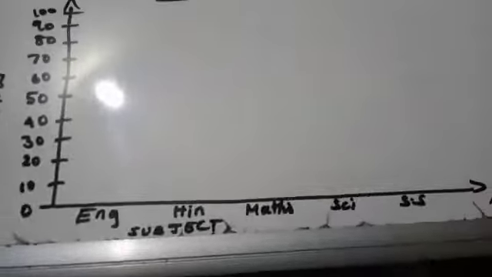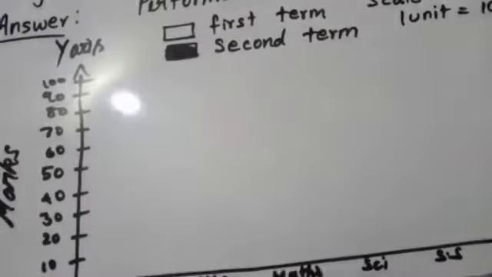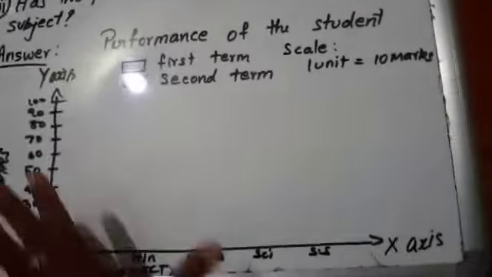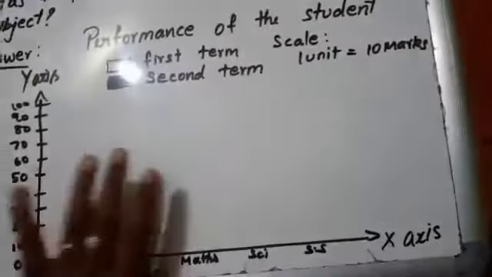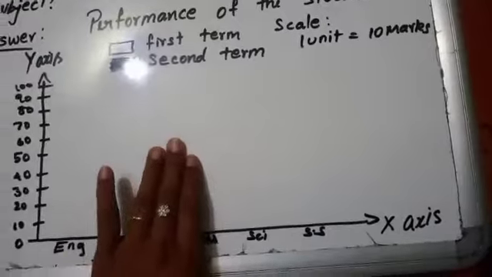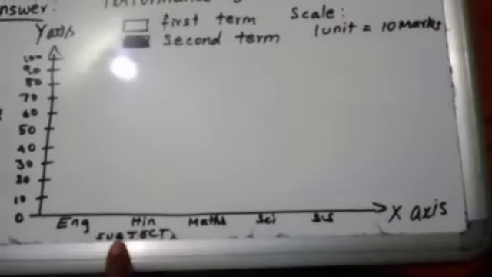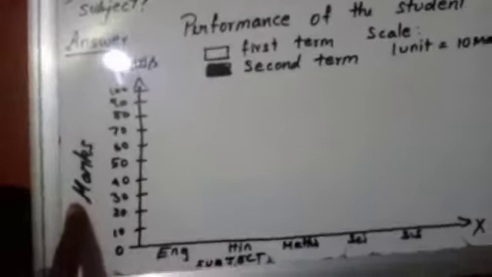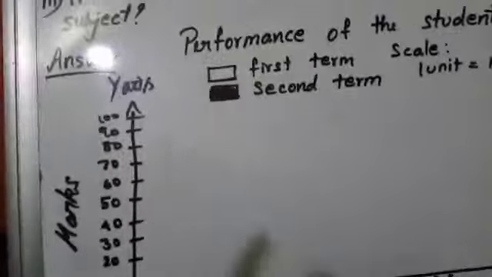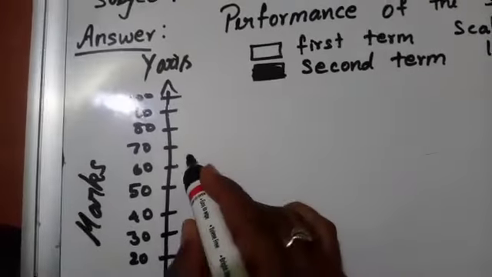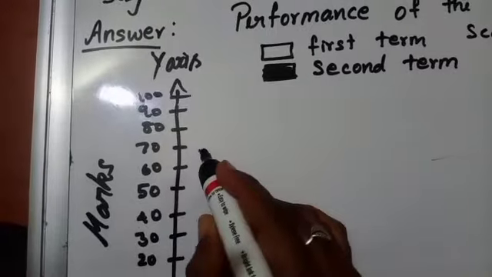Then after that, now how to draw the double bar graph. Now these are basic things. You must do it for all the graphs. X-axis, y-axis. Then what you have chosen for the x-axis, subject. For the y-axis, marks. Now English, first term 67. Where does 67 come? Here 60 is there, so it is more than half.